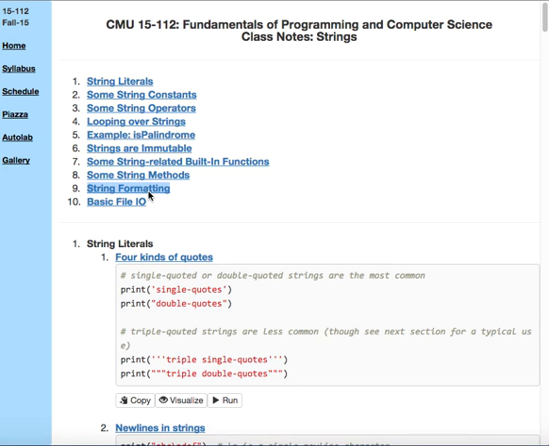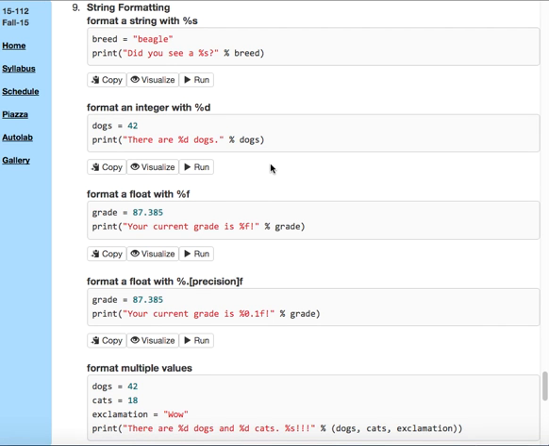String formatting. We'll see how to take a value and format it nicely to include inside a string. The way we do this is with the string formatting operator, which is %. Here it does not mean mod, it means string formatting. You have a spec or a template followed by the operator, followed by the arguments to be inserted into this